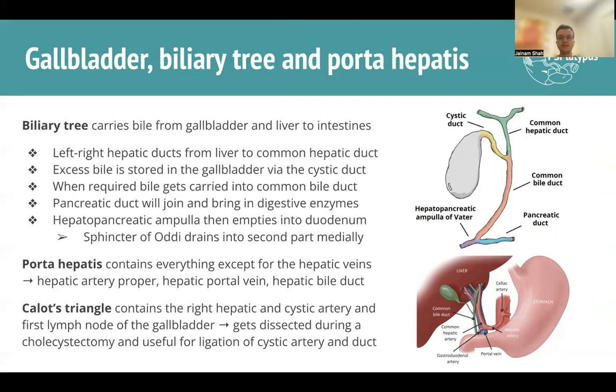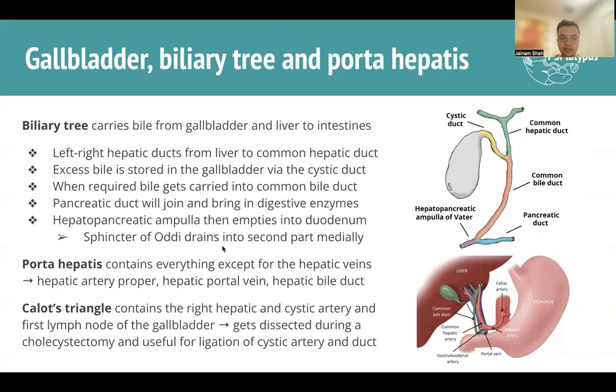So the main point here is that you've now got bile and pancreatic enzymes, all of them coming together, and they join up at the ampulla of Vater, which then goes into the sphincter of Oddi. So these all have their own kind of weird names. Sphincter of Oddi, which, as I mentioned previously, is in the second part of the duodenum, and it kind of